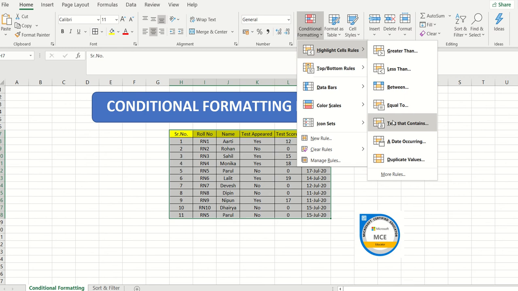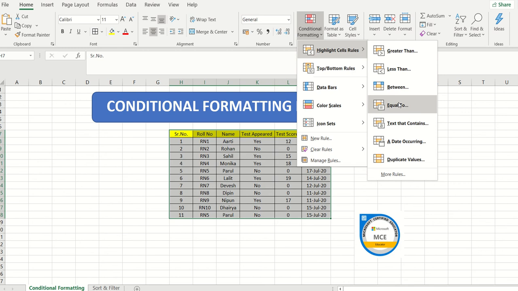Now let's say I have the test scores, because in the data that I prepared for you there is a test score as well, and I want this particular rule to highlight specifically how many people have a test score greater than a certain value. So greater than, less than, between, and equal to can be used. Greater than, less than, and between can be used for a number format. However, equal to you can use for the text format as well as for the number format.